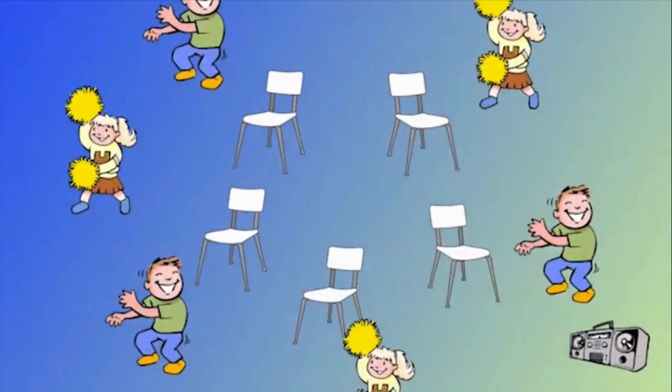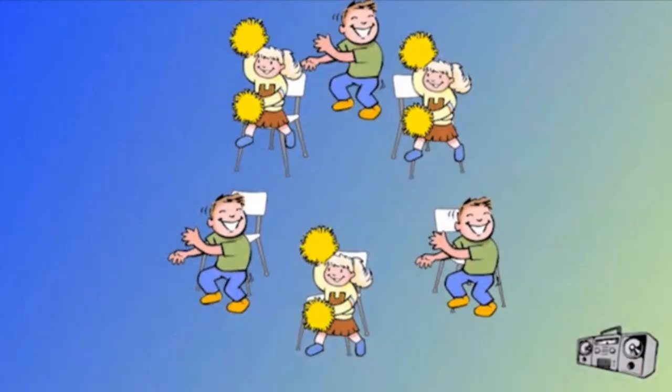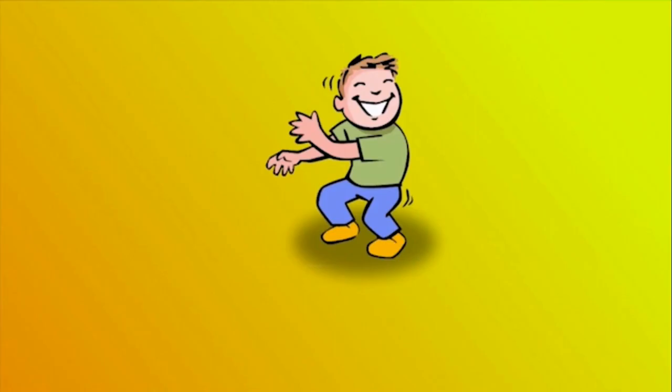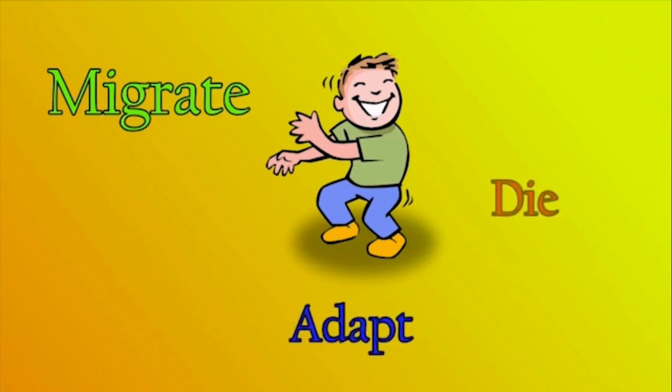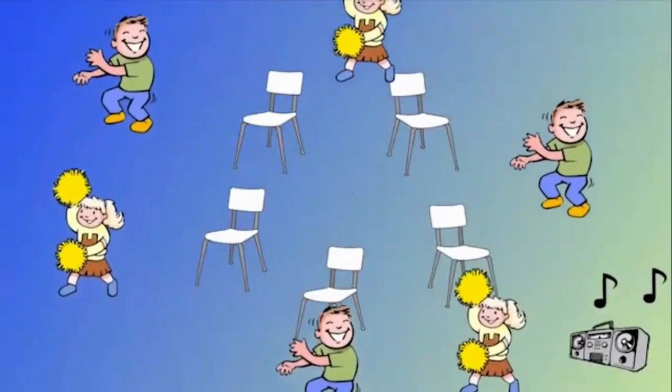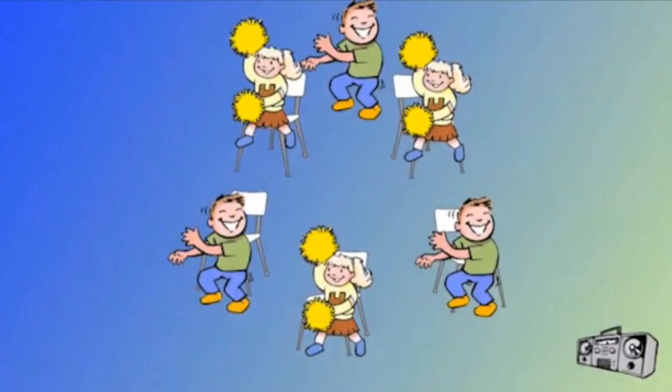If you are one of the people who are not seated, you are going to need to go to your teacher to get one of the cards to see what happened to your organism. Now that the standing student knows that their organism is about to be affected, the teacher will either read to them or allow them to read a specific event that is going to happen to their organism. Then they are faced with a choice. Will their organism either migrate, die, or adapt?